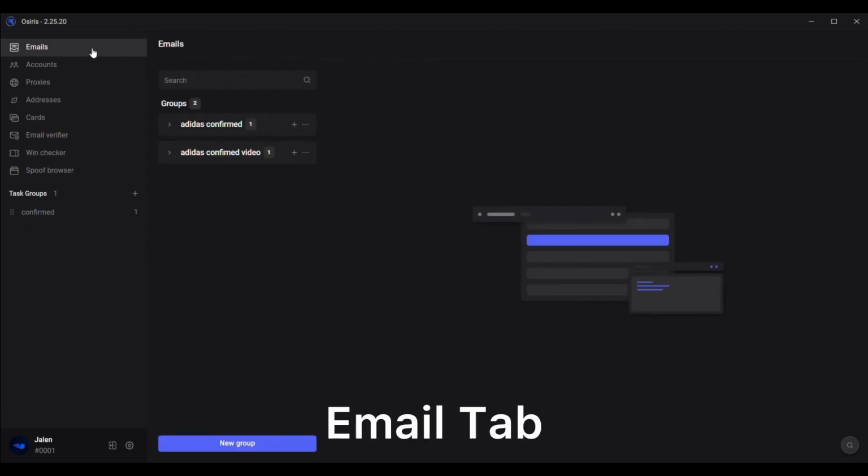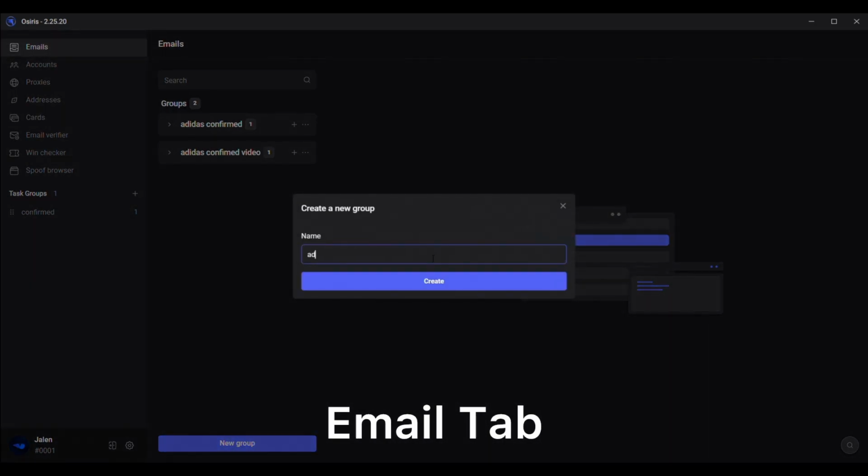So this is only relevant if you are going to make accounts. If you already have accounts, you don't need to use this tab at all. Only if you're going to make accounts. So this is the task group. Each one of these tabs have the same exact thing, so whatever information I say now will relay over to the other ones. So we don't have to continuously repeat it. You just create a new group. It's very simple. Adidas confirmed